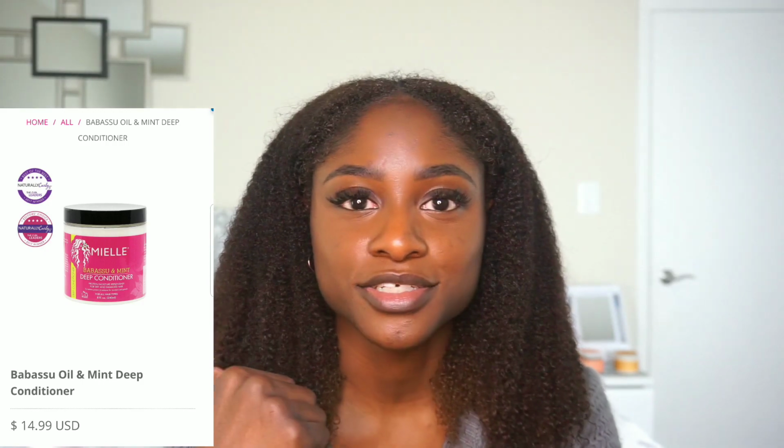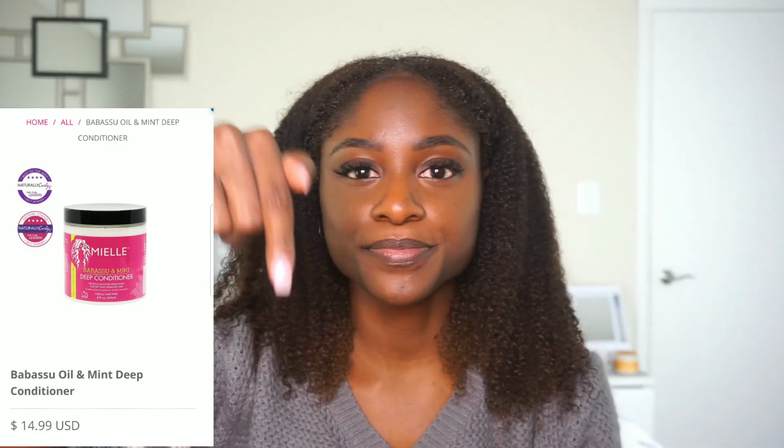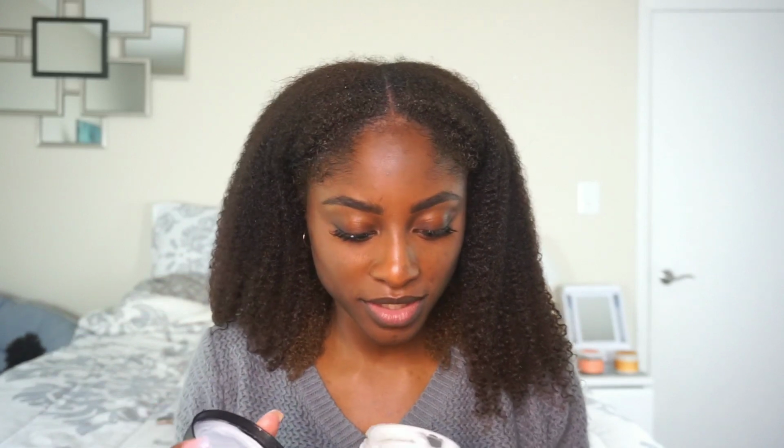But these are my results from this deep conditioner. Honestly, I wanted to hate it because I have to insert the real price of what this was, well, I'll probably put it down here. But I wanted to hate it because this is runny, for one. I don't feel as if it was, well, actually it's two heads, but I used,